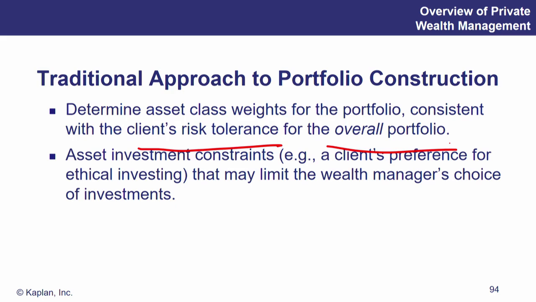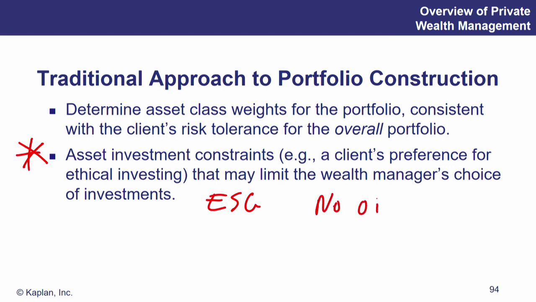Okay, so this idea, and again, this has come up a little bit. What are some constraints? Well, again, environmental social investing, or ethical investing, may limit the wealth manager's choice of investments. They may say no oil, no fossil fuels, no companies that don't have women as CEOs or as board members. So there's a lot of ways to slice and dice environmental social governance investing. Just keep your eyes open for it. Again, it is tested in all 3 levels of the CFA exam, and it's becoming more important also in the practitioner world.